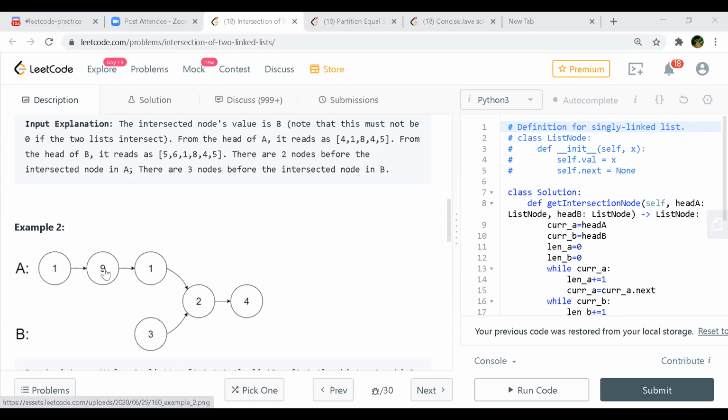How will we reach that point? You calculate the length of the first list, say 5, and the second list is 3. So 5 minus 3 is 2, the difference is 2. So go on list 1 and travel 2 nodes, while the other pointer stays at the start. Now from here you keep checking whether both of them have the same address or not. If they have the same address, then return. Otherwise, move both of them. You'll reach the node where both are pointing to the same address. So return from that. That is the intersection point.